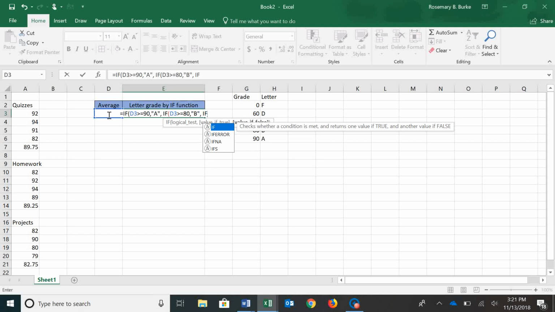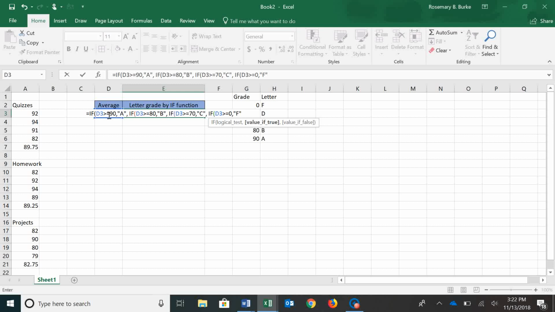If D3 is greater than or equal to 70, then a comma, return the value of C, again in quotation marks, comma, and then if D3 is greater than or equal to 0, we want Excel to return a value of F in quotation marks, and now we need to close the parentheses